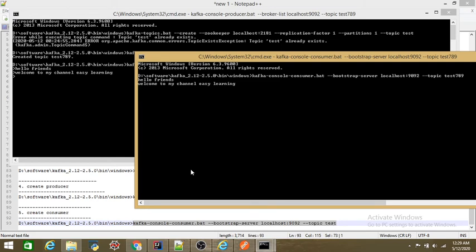In the subsequent tutorials, I'll be creating the theoretical part of Kafka. So as I mentioned in the beginning, what is a producer, what is a consumer, what is a broker, topic, partition, offset, and replication factor, and all other stuff which we talk about here, we will be seeing in the detailed section of it.